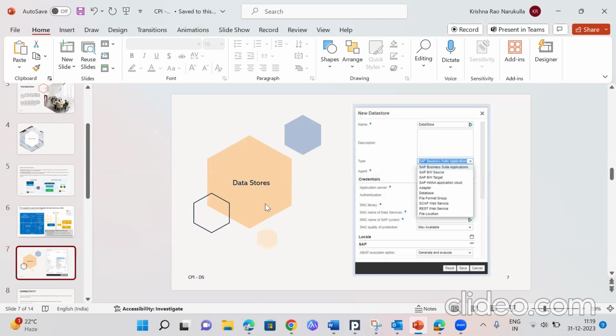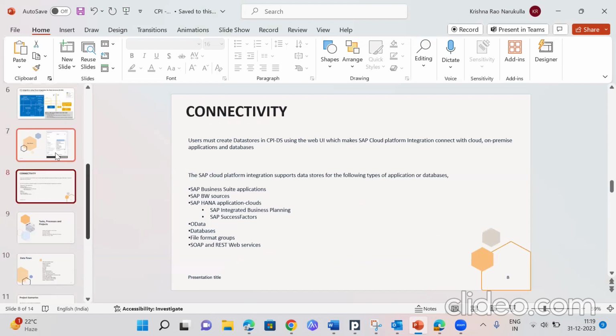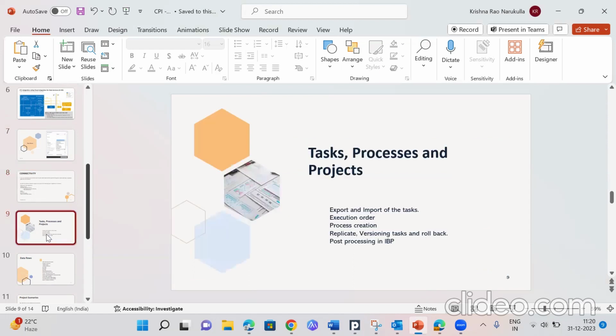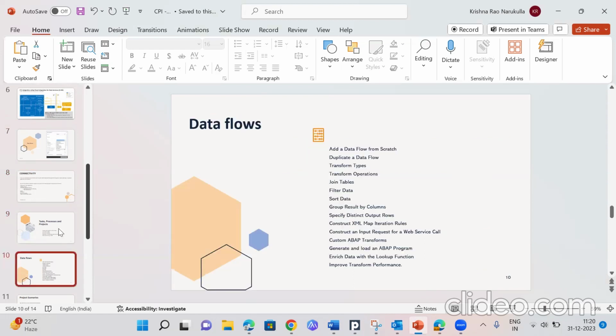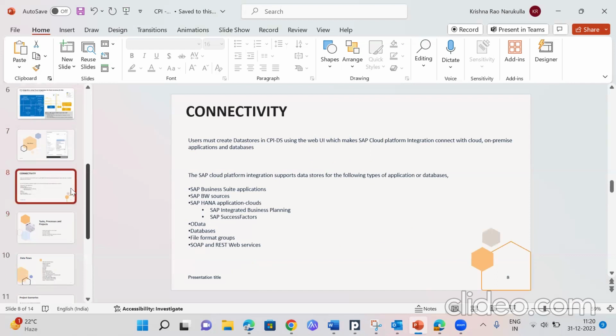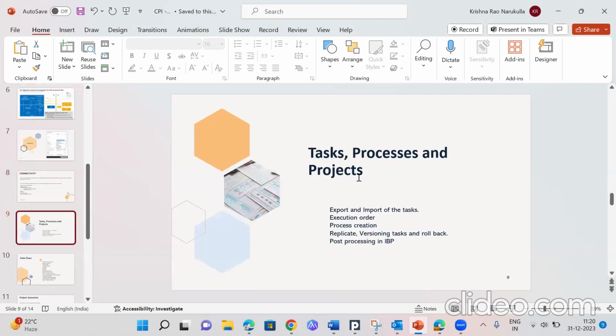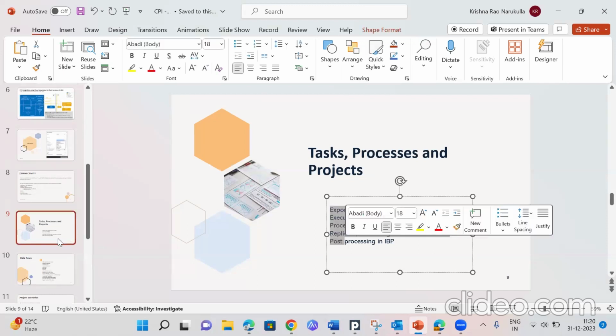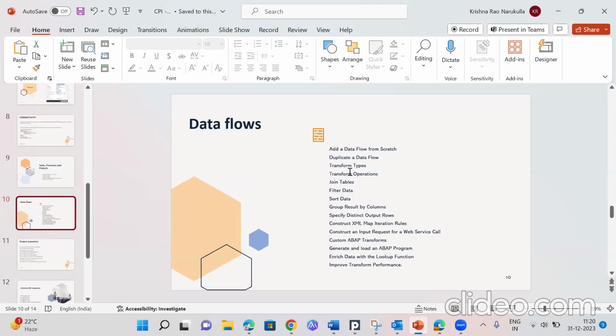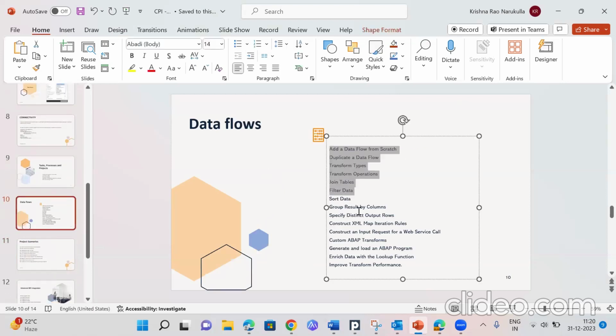And if you see here in depth, what is the data store? What are the data store options we have? We have the connectivity part. I'll take you through all these steps in the system itself. What we are going to cover in this project is what all the connectivity types we have, what are the tasks and process projects we have, what are data flows, and what are the different filtration and transformation steps available in this CPI-DS system, like creation of a data flow from